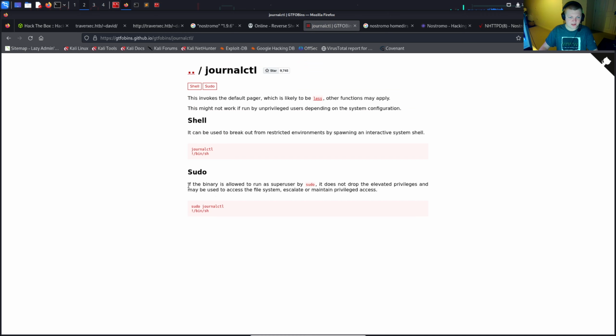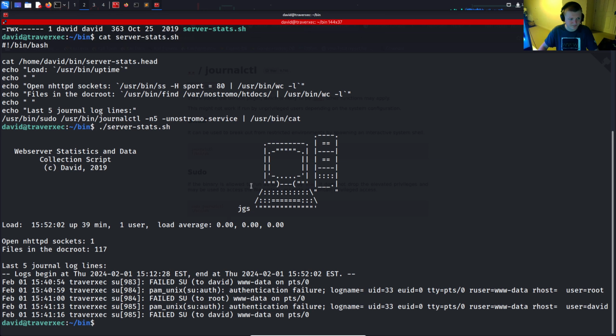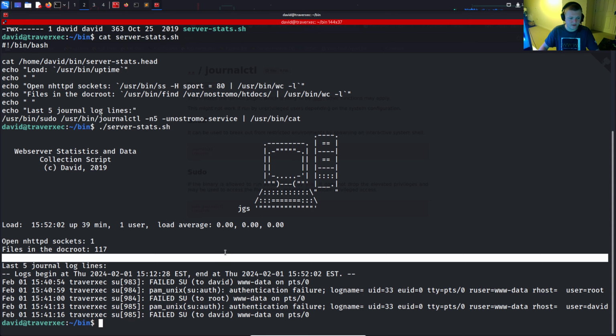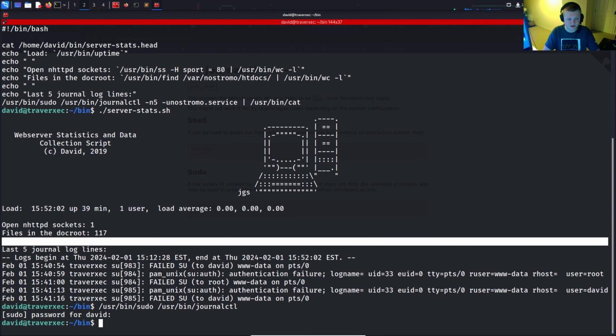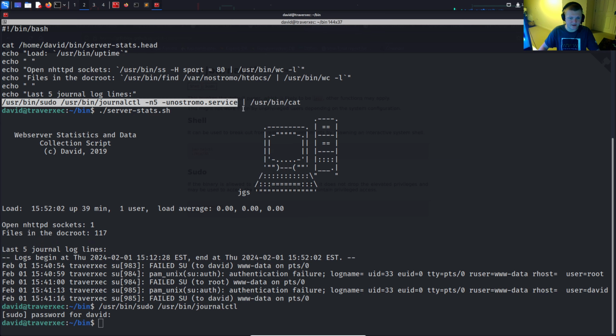We can click on this, and we can see once you've run the command journalctl, you can then escape journalctl and just use an exclamation mark and then just pop a shell straight out like that. So let's give it a go, right? In this case, we may want to just try it like this. Just say /usr/bin/sudo journalctl. We get prompted for a password, so we know that isn't right. However, if we run this whole command like so,